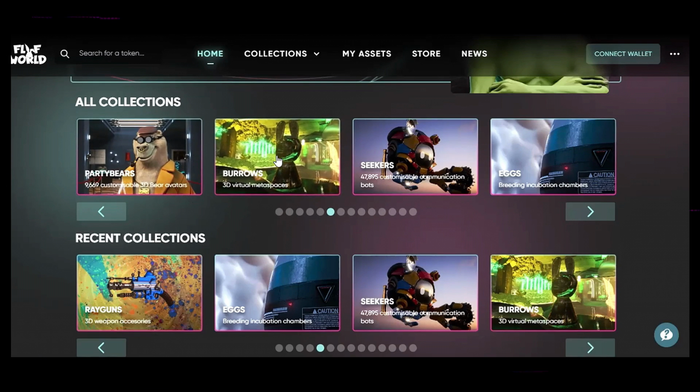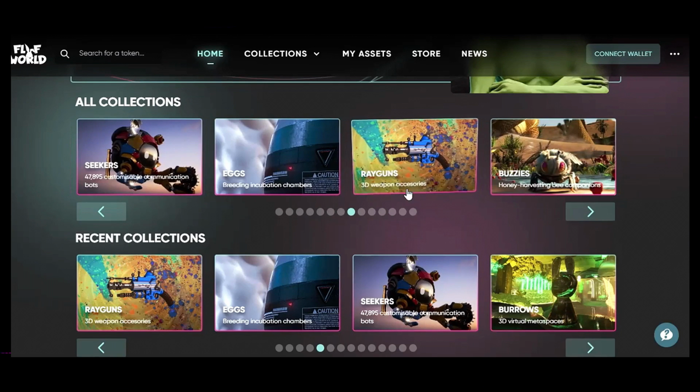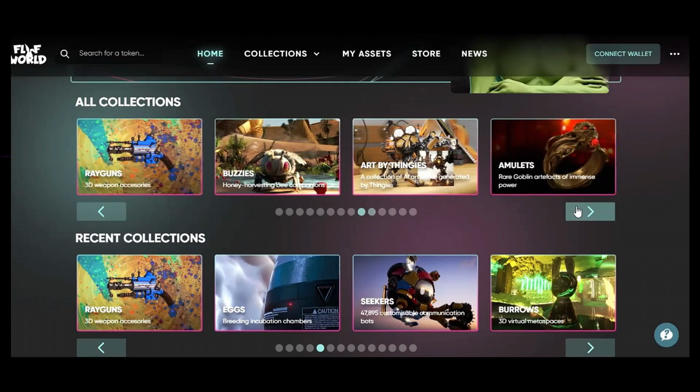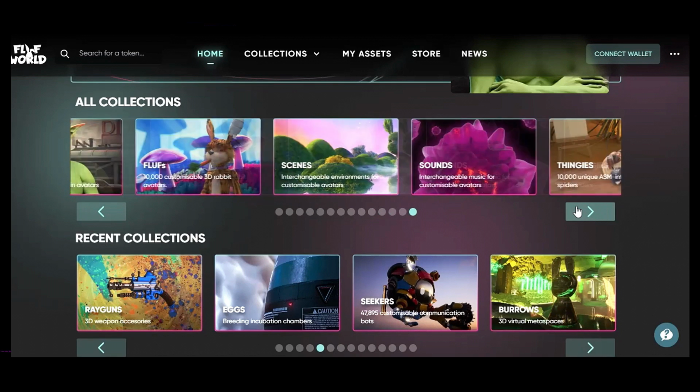These will be used on land within the Third Kingdom. These are assets that will also contribute to your future score. Eggs will contribute as well as ray guns and buzzies. So there are many different collections that you can review right here.